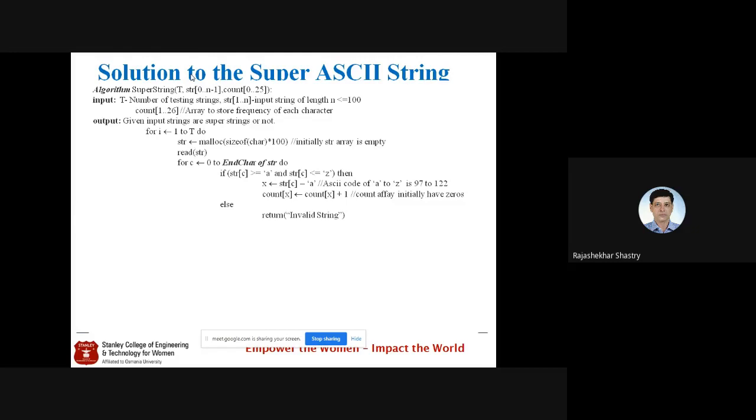invalid string. Okay, so likewise, we are accepting only a valid string, and for the valid string, the calculations which I explained, here is the statement we have. x is equal to str of c minus a. And then in the count array, at location x, I'm incrementing its value. This is the frequency array generation. This particular for loop denotes how to generate the frequency array.